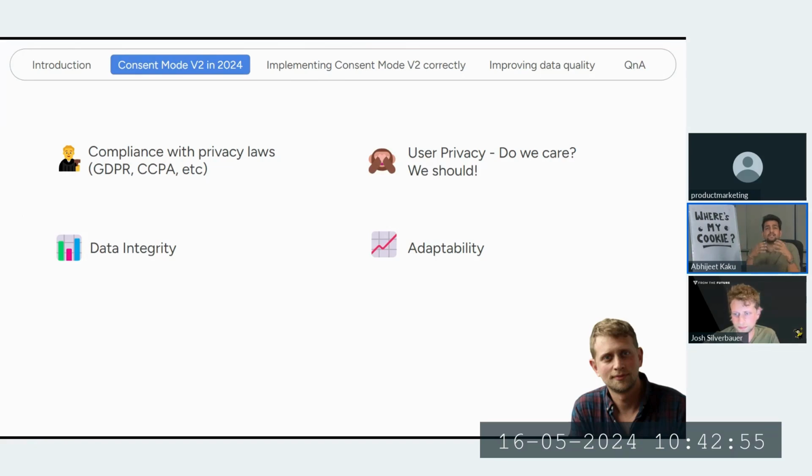And since their laws are different, the client might feel that they don't want to lose users from the US because of the consent mode implementation, but in Europe it's very important. So how do we handle that? Is it possible? Is it something we should focus on, or is it something we should take out? How do we get that done?